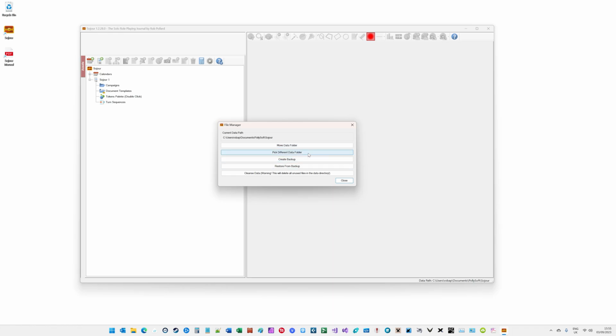You also have this function, which is pick a different data folder, and this one's a little bit different insofar as you could have multiple folders, each with its own social data, and this allows you to pick between them. And it's handy for me because, for instance, I have 4 or 5 different social configurations. I have one that I use for the manual, I have one that I use for video demos, I have one for my own personal campaigns, and with this feature I can switch between all of these different data sets